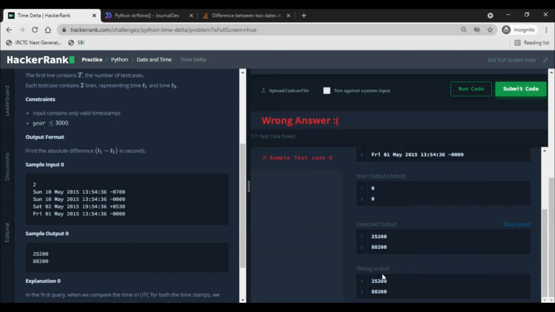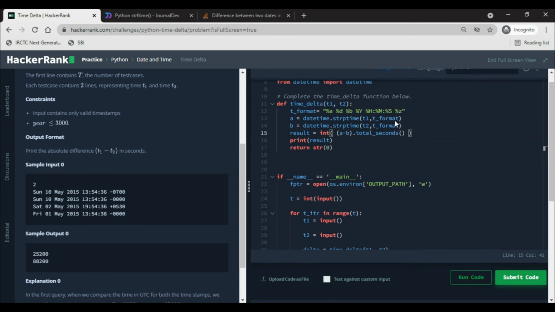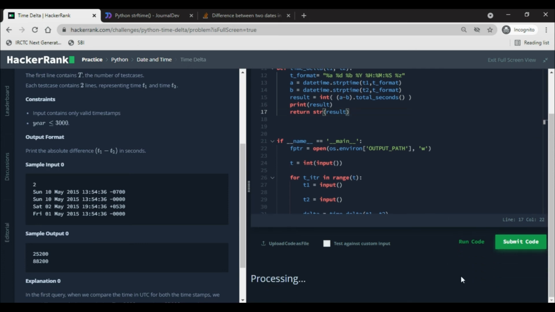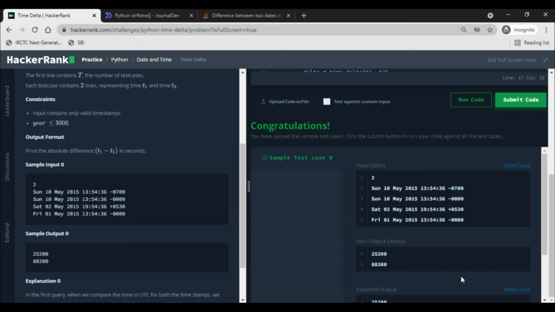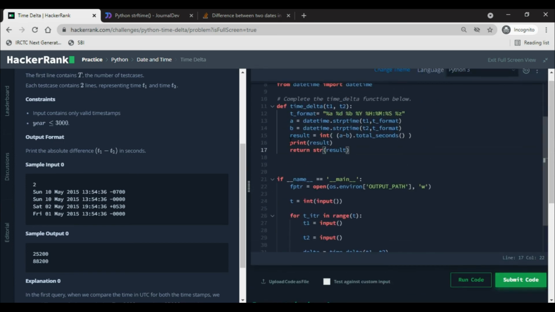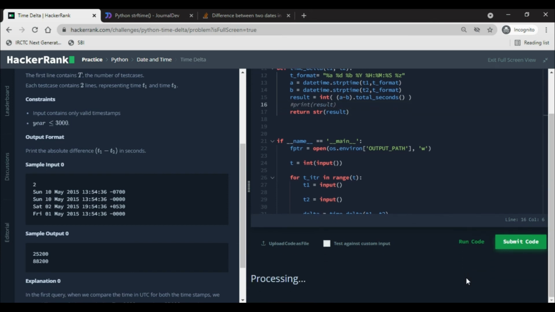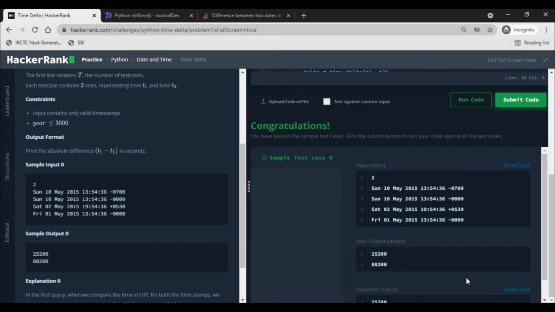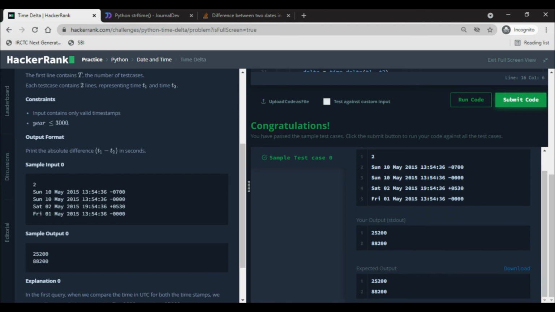So integer type is what you are getting, so this is what you have to return. So let's return result here. Let's run it. So now your code is done. You are getting everything, so you don't have to print here. So I'll comment it. You can see you are getting your answer as expected.